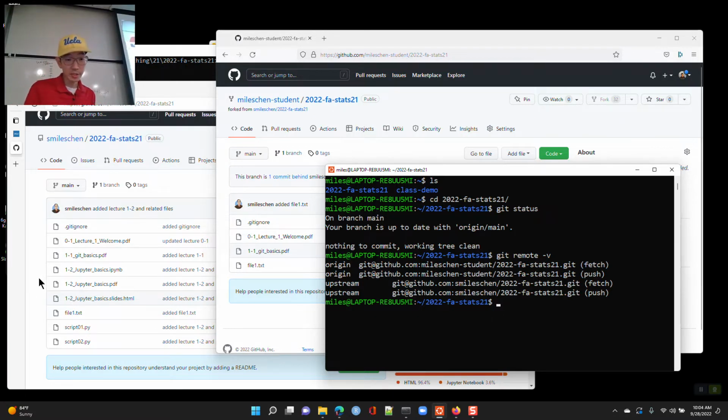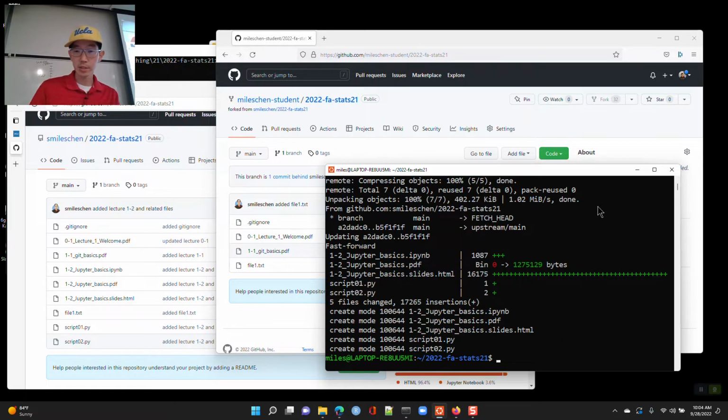To do this, it's just one line. Here I uploaded 5 files. Traditionally, if I had posted this to Canvas, you'd have to go on Canvas and download all 5 files individually. The beautiful thing about using Git is it's just one line to type. You just do git pull upstream, and specifically, we can say git pull upstream main. But I think I can just do